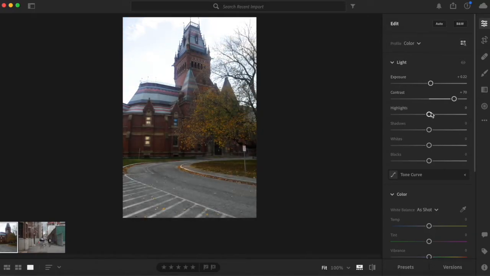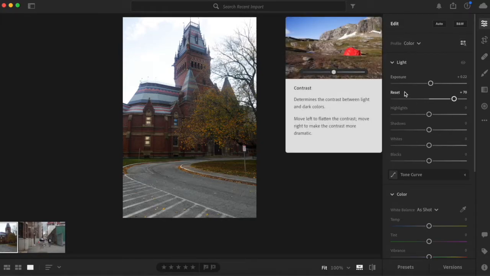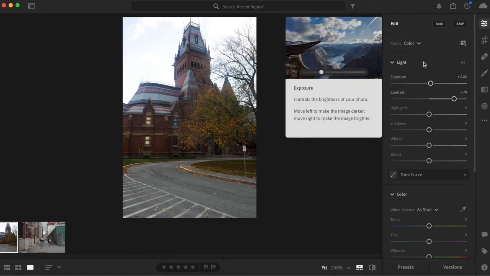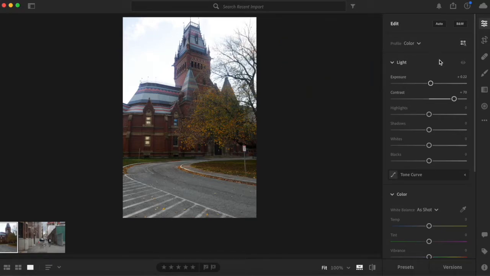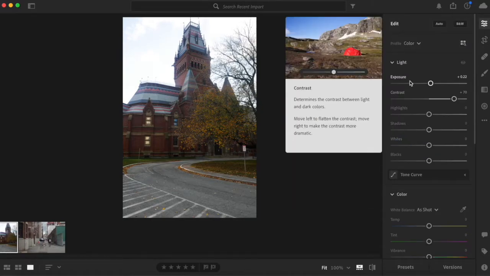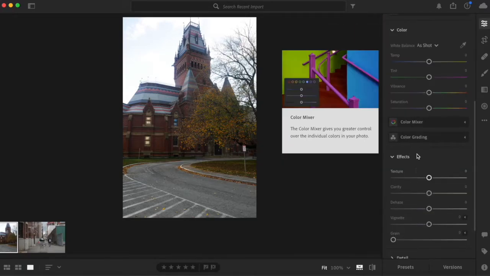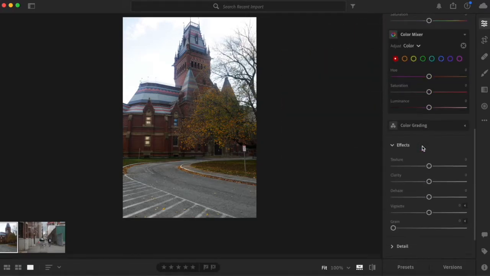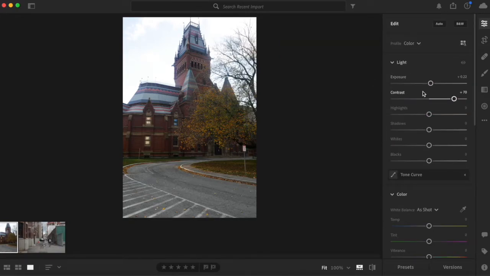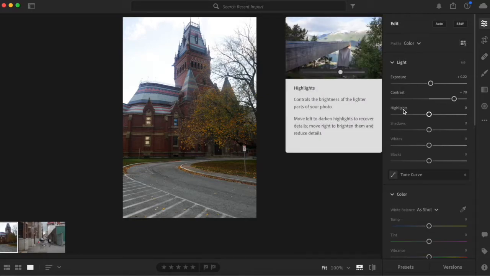The exposure and the contrast are good because the contrast gives you a difference between the dark and the light. And the exposure is really nice too, because it can brighten your photo on the aspects that you need brightened. So we'll go through the light, then the color, then a little mixing and a little color grading, and if we have to do any details, we'll go from there. So now we'll look at the highlights,